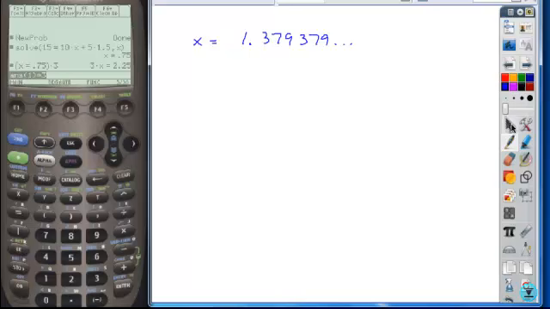We're going to wind up creating two equations. And the first one, just say x is equal to our given value. Then what you're going to do is figure out how many digits repeat. So in this number, how many digits are repeating? 3. So you're going to take 10 to that power, and you're going to multiply both sides of this equation